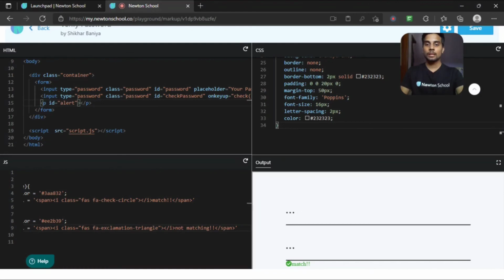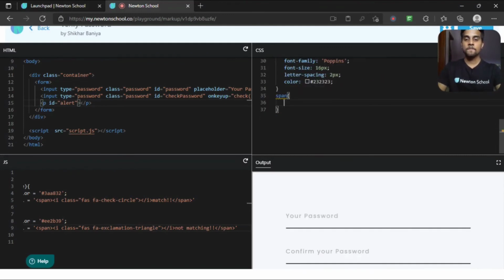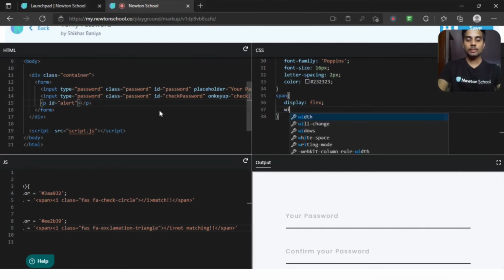Okay, let's come to our CSS and target that span. Inside this, let's first display it as flex. Let's specify the width to be 100%.